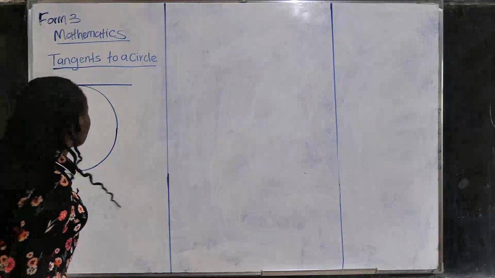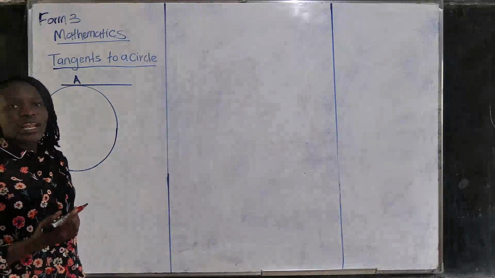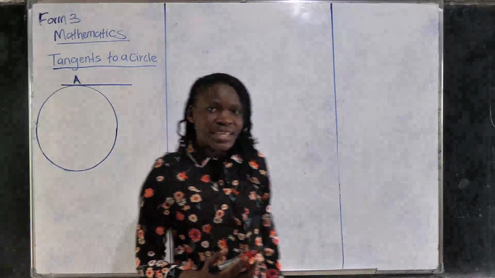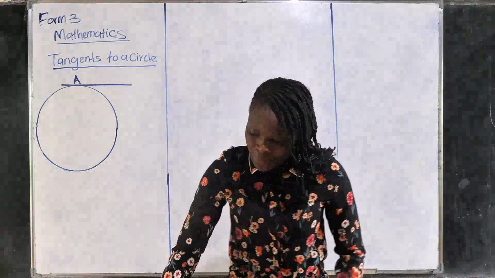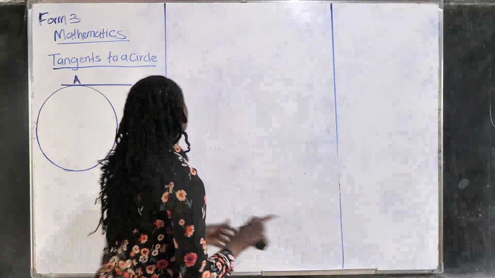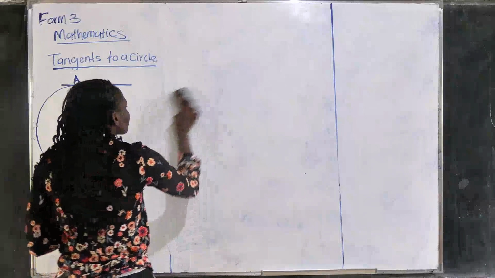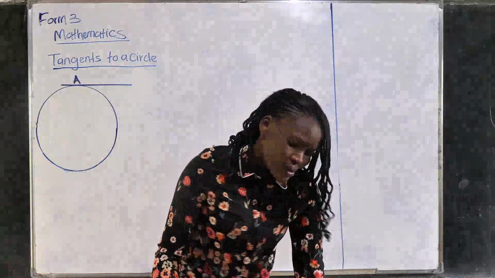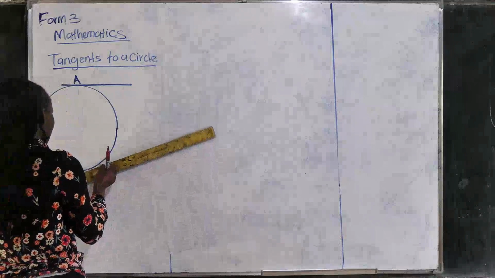let's say that is point A. That is what we call a tangent. And there are several properties of tangents that we have to know before we do calculations. For example, let's say, if this is our circle, if that is our circle, and we have another tangent at this point,